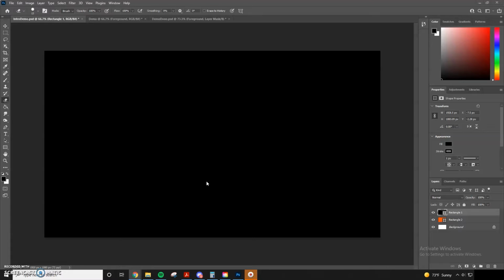So, in order to get going, we're going to talk about how layer masks work. The first thing that we're going to do is take a look at the layers panel. As most of you probably know by now, Photoshop and all Adobe programs work in layers. We're going to notice we have two layers here. We have rectangle 1, which is just a black rectangle, and then we have rectangle 2, which is just an